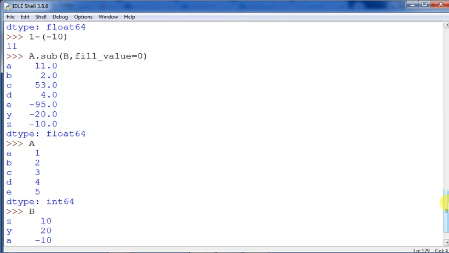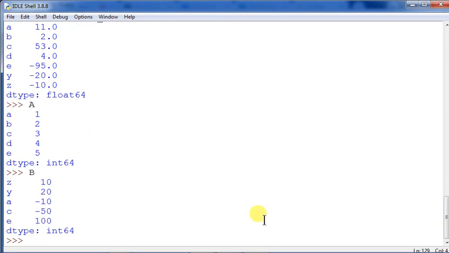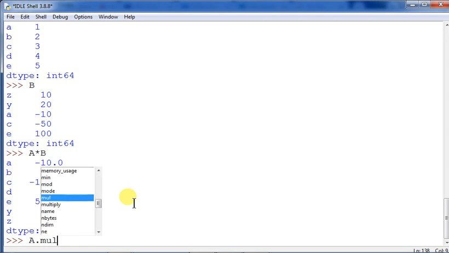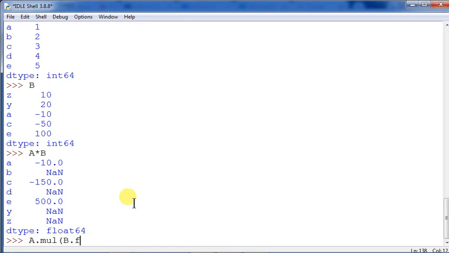Clear? So this way the calculation takes place, and not only that, you can use some more methods. A into B. If you are doing A into B, then what will happen? The series will get multiplied. So wherever the NaN value is supposed to come, it has appeared. And if you want to do A dot mul, multiplication, B comma fill_value. Suppose this time I am giving some value out here, fill_value equals to say 2.